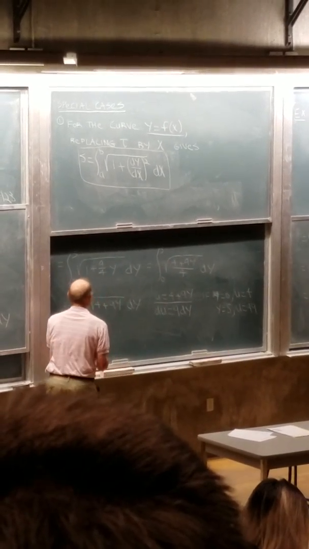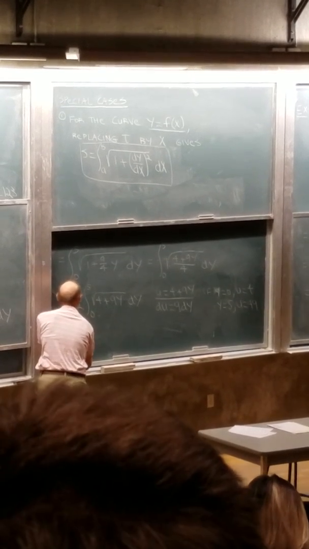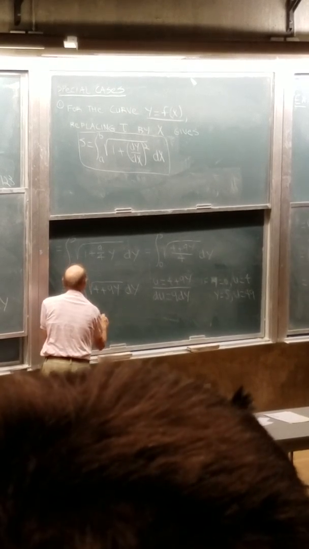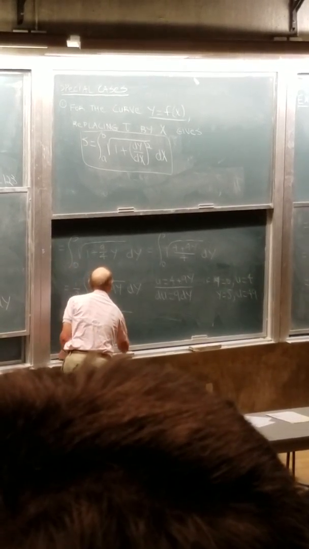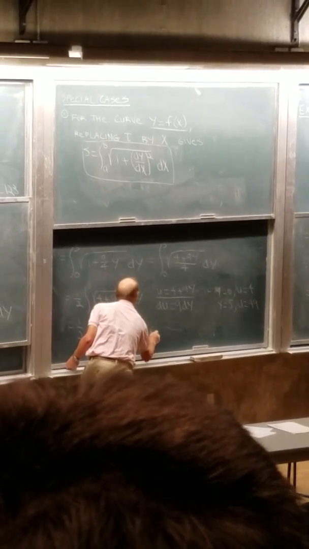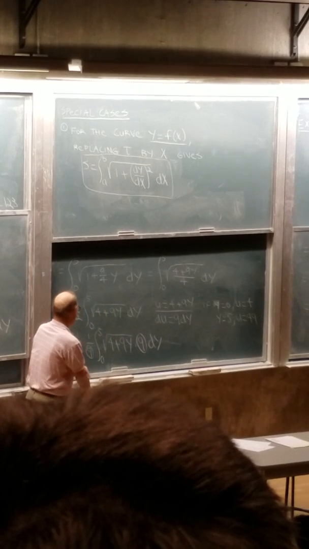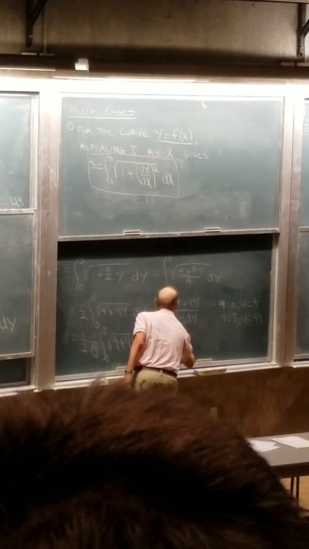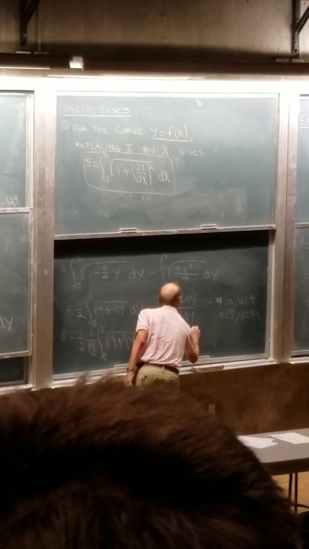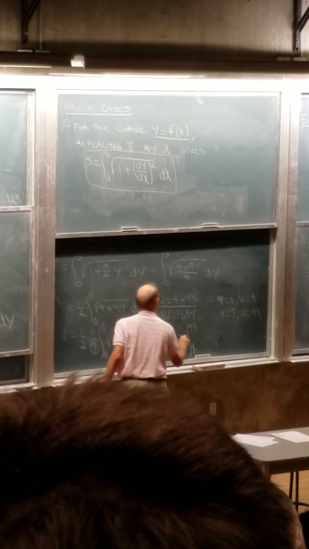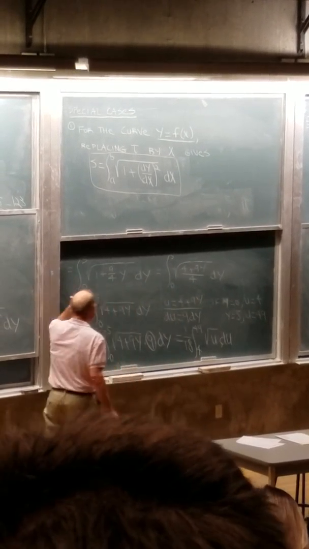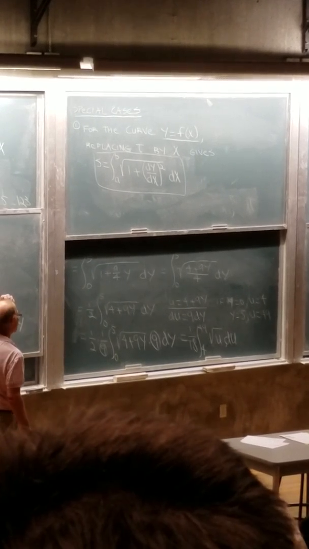So we can write this as, we need to divide by 9 on the outside and multiply by 9 on the inside. So we'll get 1/2 times 1/9 the integral from 0 to 5 of the square root of 4 plus 9y times 9 dy. If we write this in terms of u, we have 1/18 the integral from 4 to 49 of the square root of u du. So we have 1/18 the integral from